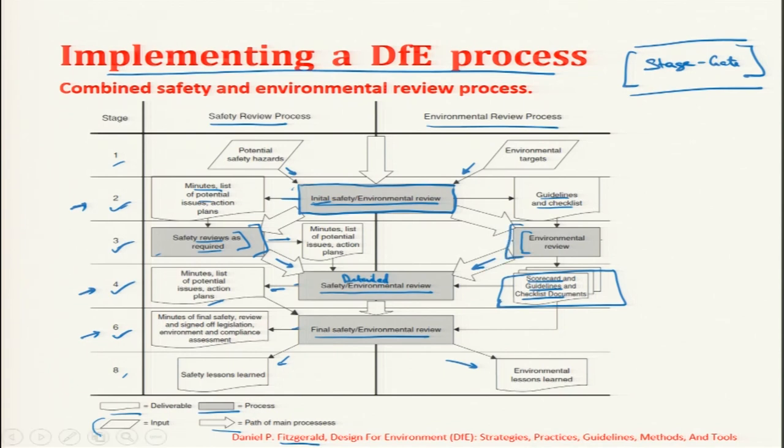So, this is the way they tried to implement design for environment, and when the design for environment process is first implemented, the design teams will have to fill out the environmental scorecard only during stage 6. So, the scorecard is prepared here, and that goes as input in stage 6. When the design teams become more familiar with the process, the scorecard will be completed 2 or more times during the stage gate process in order to track decision changes that may influence the environmental metrics during the development process.